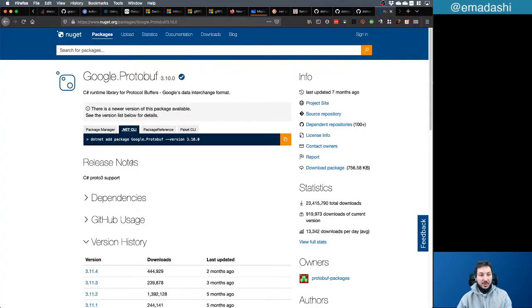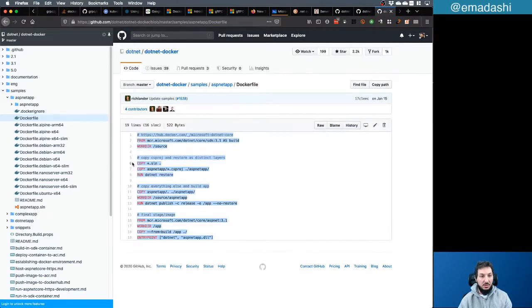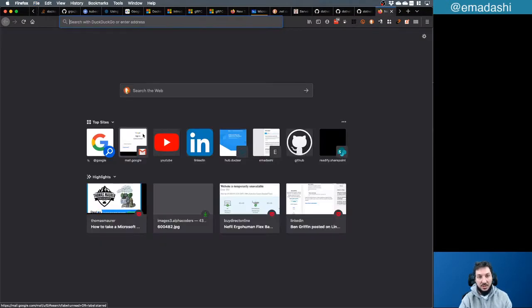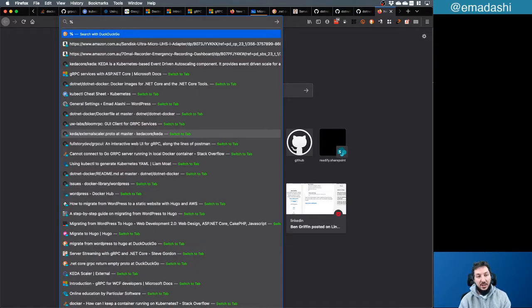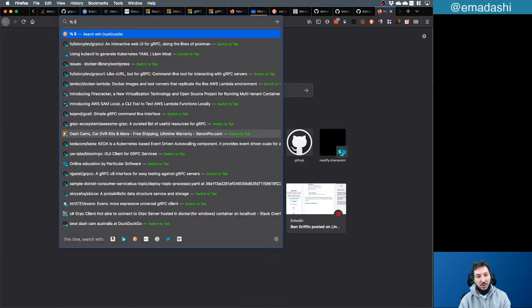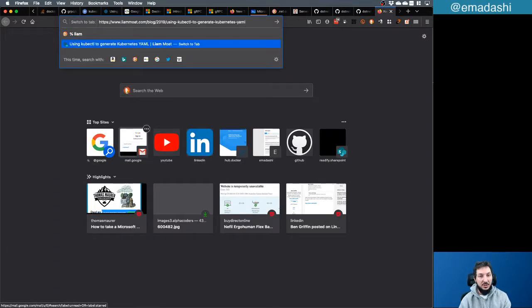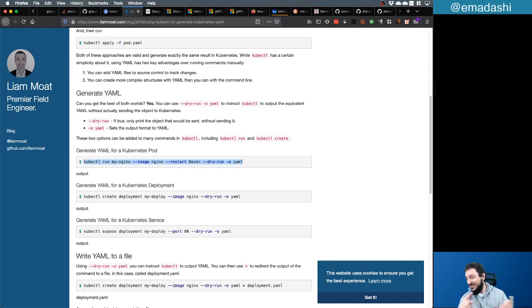I learned from a guy whose name, you know, this feature in Firefox, you can type % and search for the tabs that are already open and switch to them. So I know that his name is Liam, so I switched to the tab. This is nice, isn't it? Anyway,